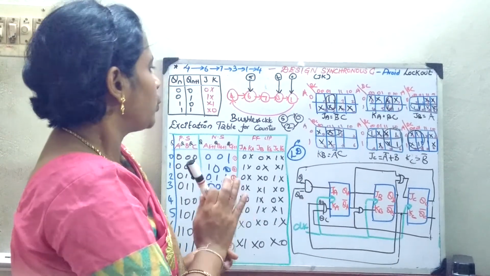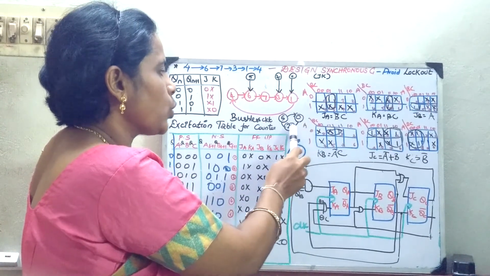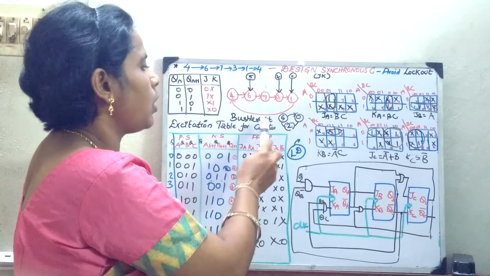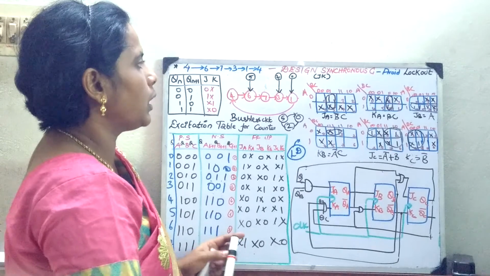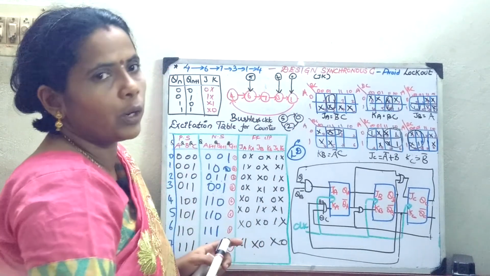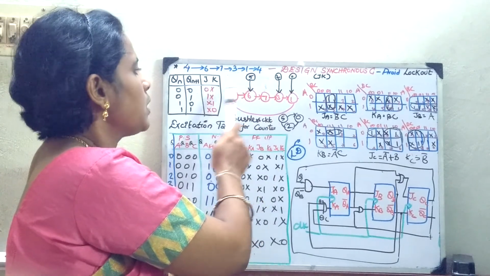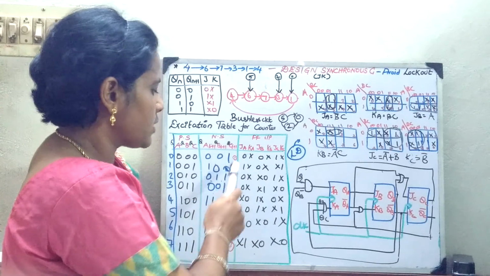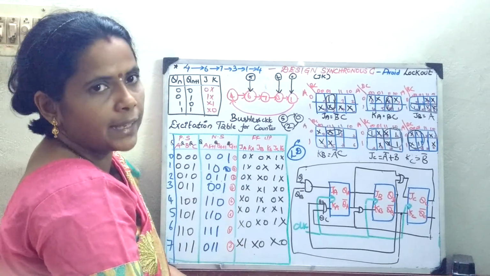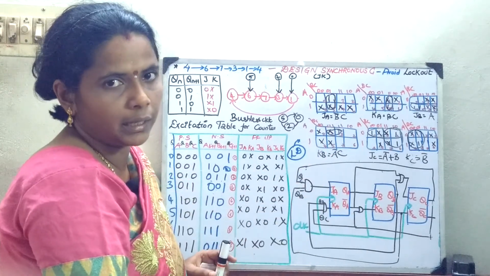Once you should know what is lockout condition. If one unused state is going to move on to another unused state, it is called a lockout condition, and the circuit is called a lockout circuit. So in the given question they have asked to remove the lockout, so you have assigned 1 state to the place which is nearing your existing states. And whenever you are writing your next state, you should be careful enough, and once you know the excitation table, fill the excitation table for the counter, do the K-map, do the logic diagram.